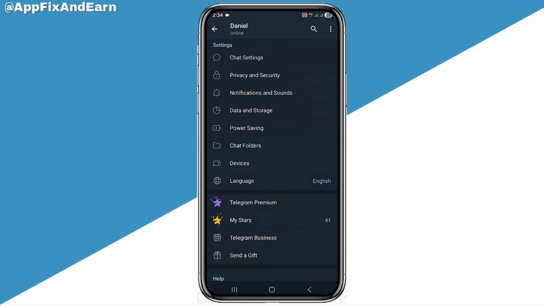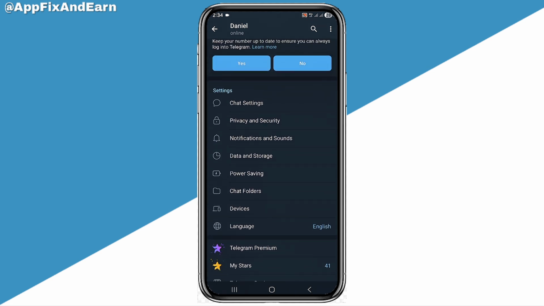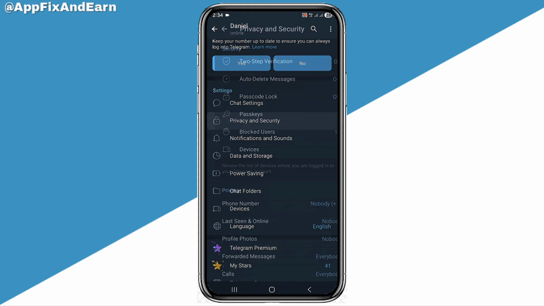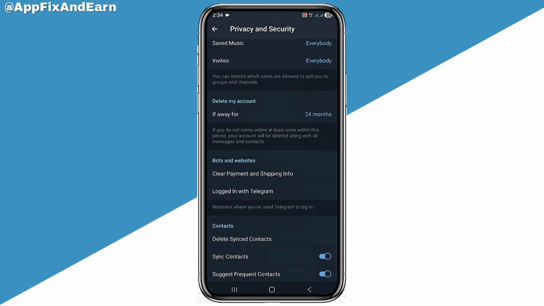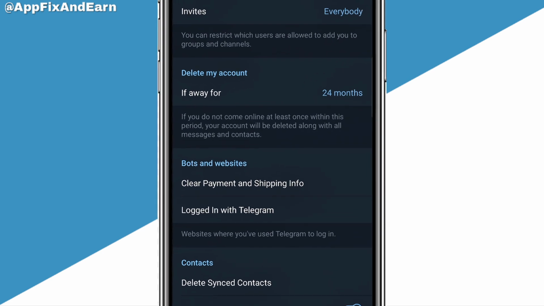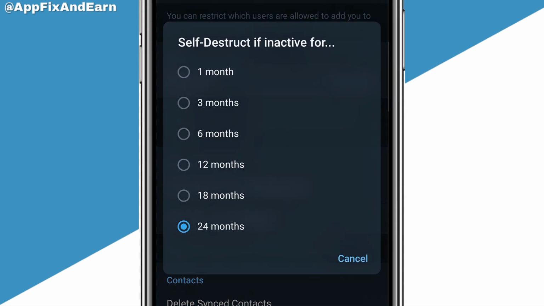You're going to see where it says privacy and security below settings. So go ahead and click on privacy and security. When you do that, just scroll gently like this and you're going to see the option of delete my account. So if you click on that, you are going to be able to delete your Telegram account using